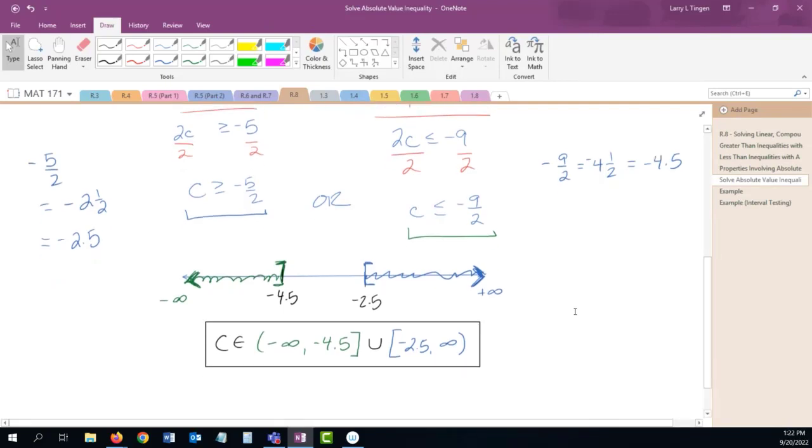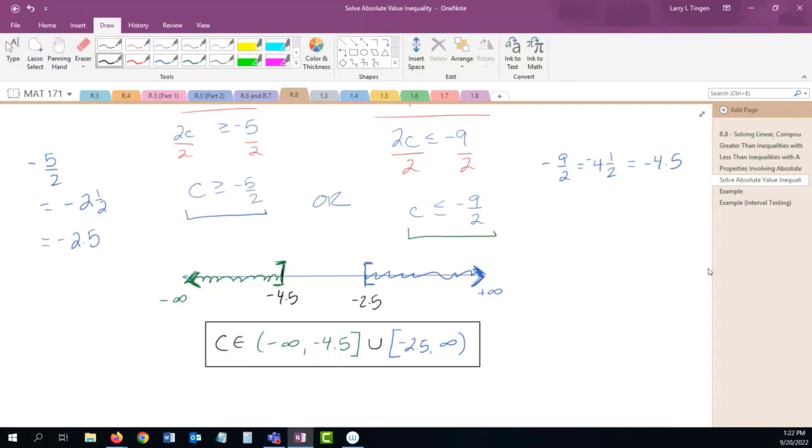Not too terrible. I know it gets weird because now instead of just having one answer, now I've got an infinite set of answers, which means I have to write them as a set, and I can't just write x equals 4 and then do the brackets and then just list all the answers in it, right? Because I can't list all of these numbers. So remember, that's why we're using this interval notation. The book